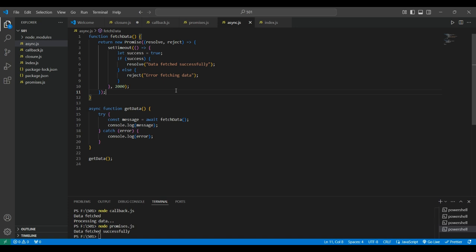When to use async/await? We use async/await when we want clean and readable code that handles the asynchronous task in a more sequential manner. So it's perfect for avoiding a nested .then chain, and it makes error handling easier with try and catch blocks. Here,